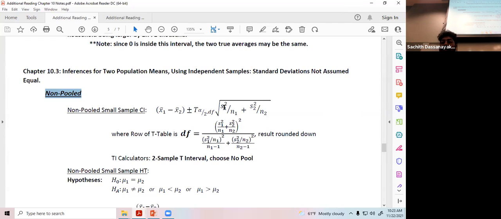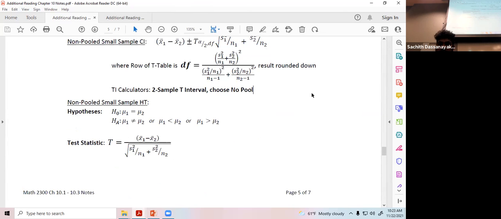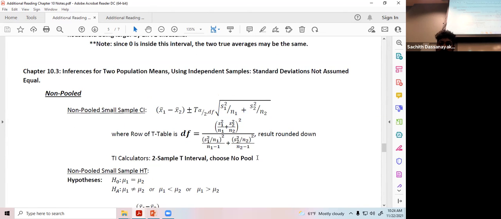If it is non-pooled, the difference is the degrees of freedom. To calculate the degrees of freedom, you should use this giant formula, and also replace with S1 and S2. There is one more thing that I need to show you, but I think I have a question for that. Let's go through the questions then. All other stuff is pretty similar to the pooled cases, but once you are reading the question, try to differentiate, using these two keywords, whether it is a pooled test or non-pooled test. That's really important.